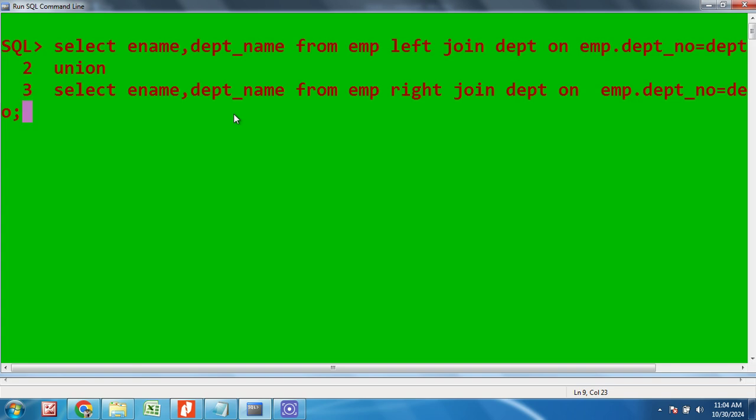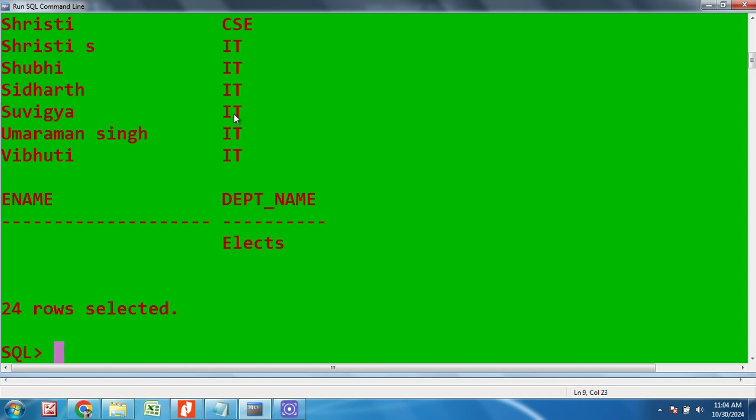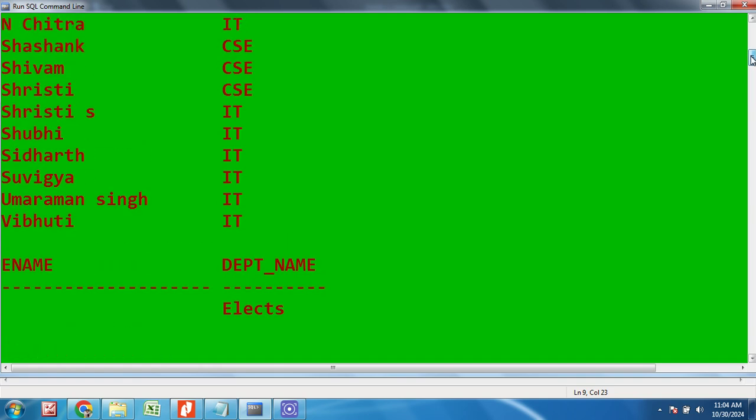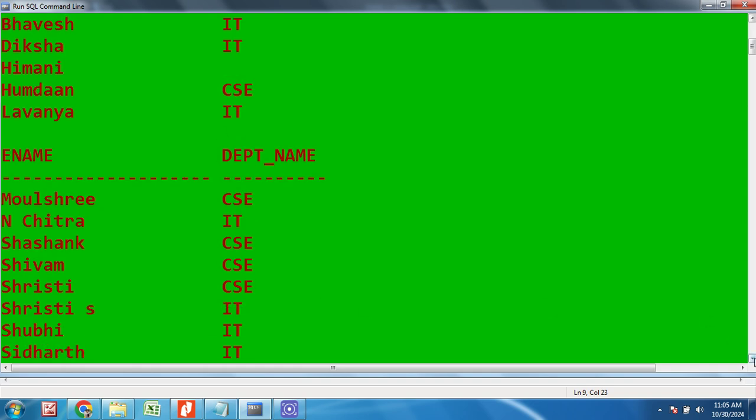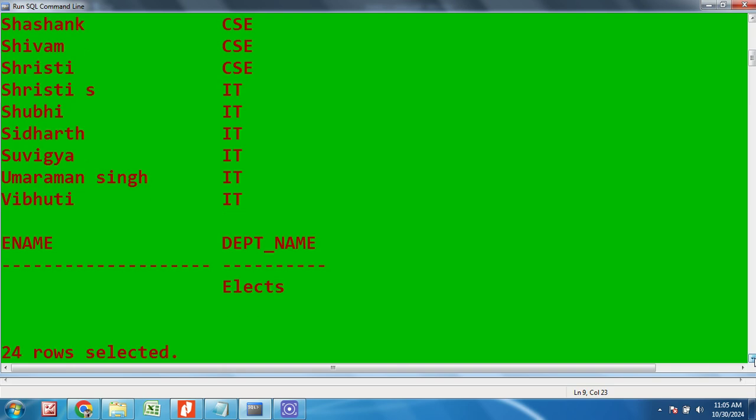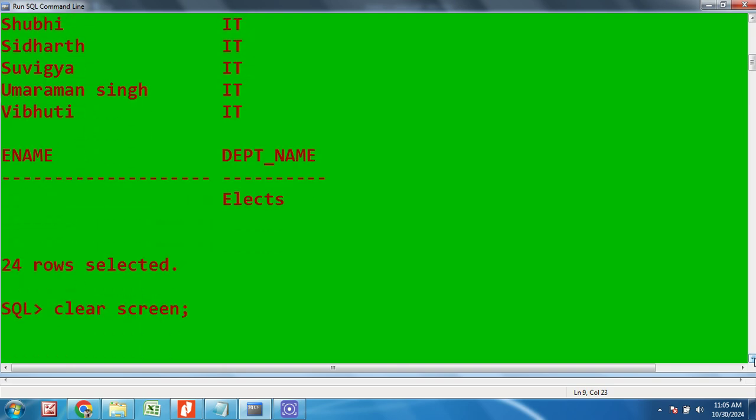So we are joining, fetching the value of left outer join and right outer join. Just see the output. Here it is showing me the same output as the previous command. It is showing me electronics, and as well we can see the name of Himani. So it is showing me the output from both the tables, matching values as well as non-matching values. So this is an example of full outer join. In this way I can write full outer join.